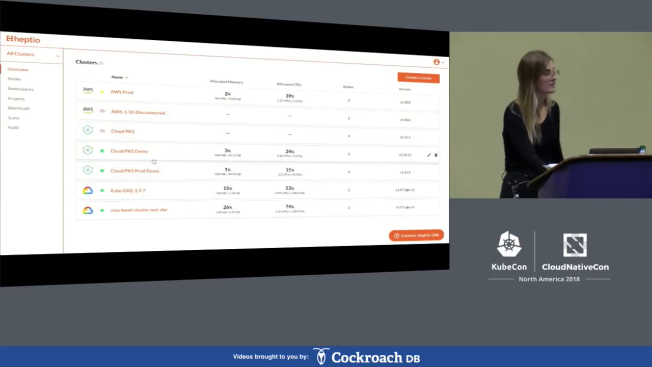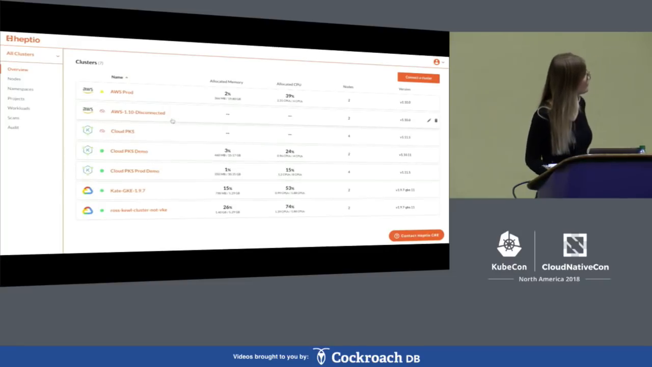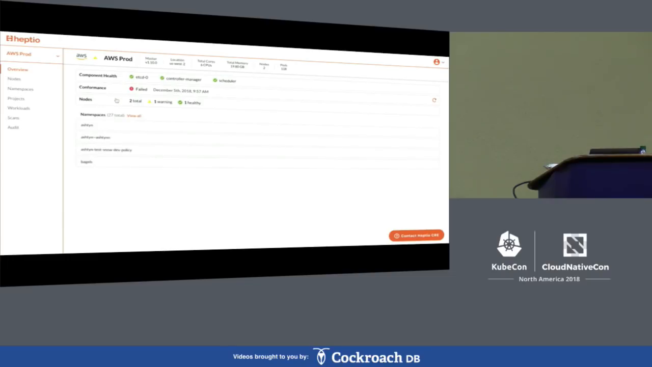Okay, I'm going to have to hope this works. All right, so this is the project that we have been working on. You can see here I've got a fleet of clusters. I'm going to move so I can actually see. We've got some GKE clusters, we've got some PKS clusters, and we have this AWS cluster that has a warning that there's disk pressure. So I'd click into that, and then I would see this cluster overview page